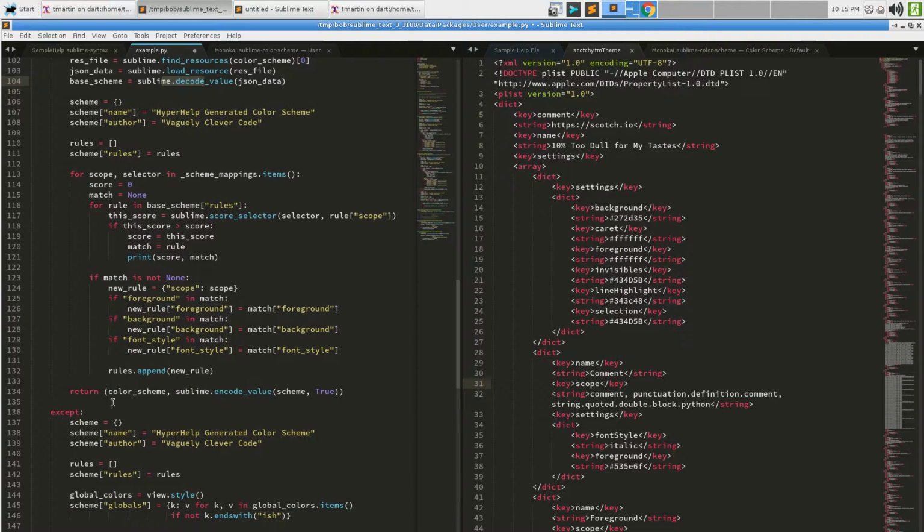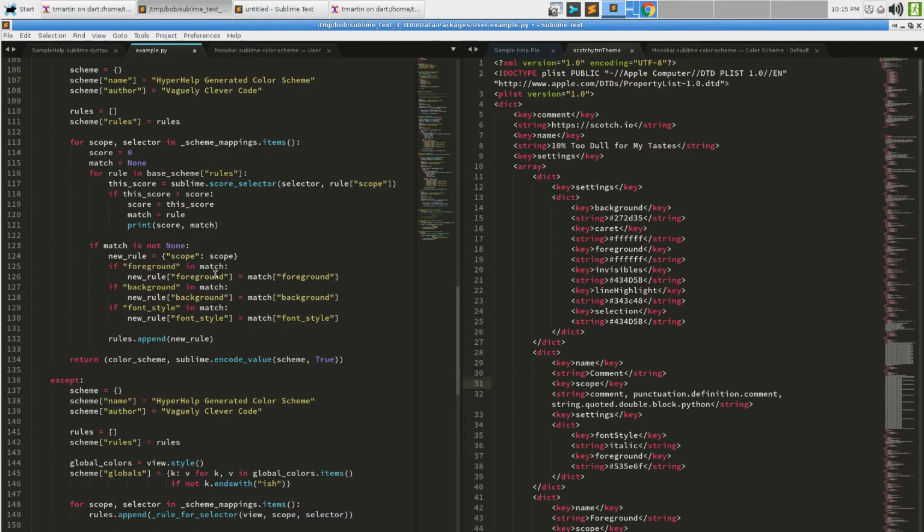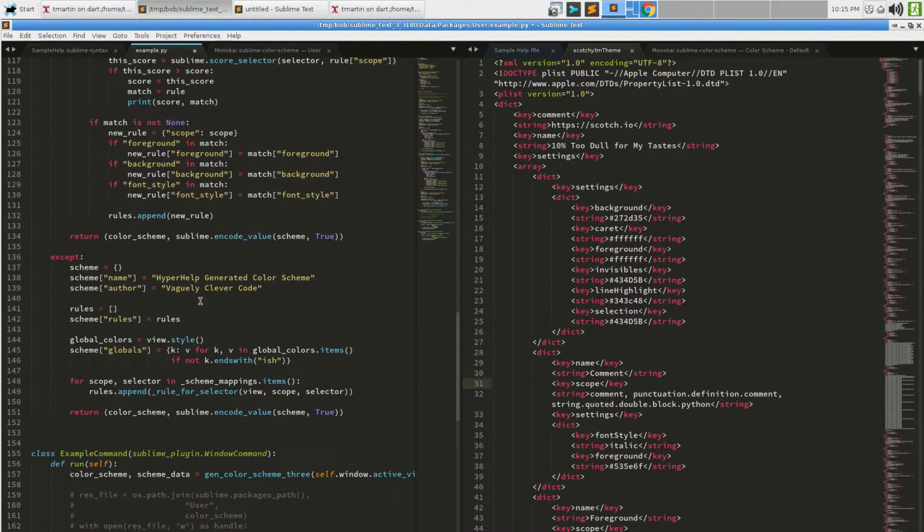it creates a schema and rules, which again is the same as that. So this could actually be hoisted out as a cleanup option. And then it's going to do that. We don't want to add globals. We just want to find the appropriate style and then shoot it out.